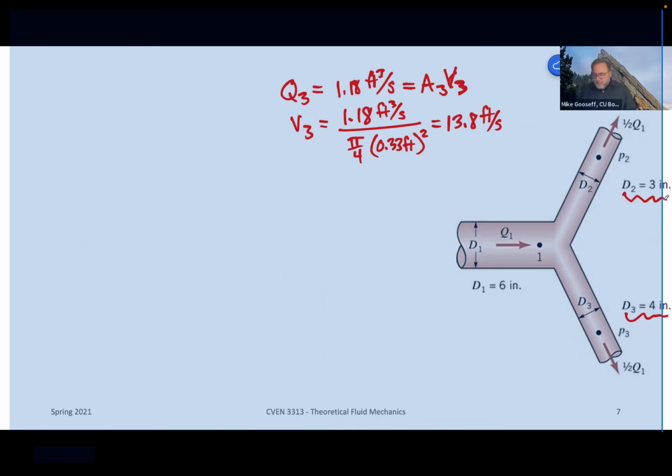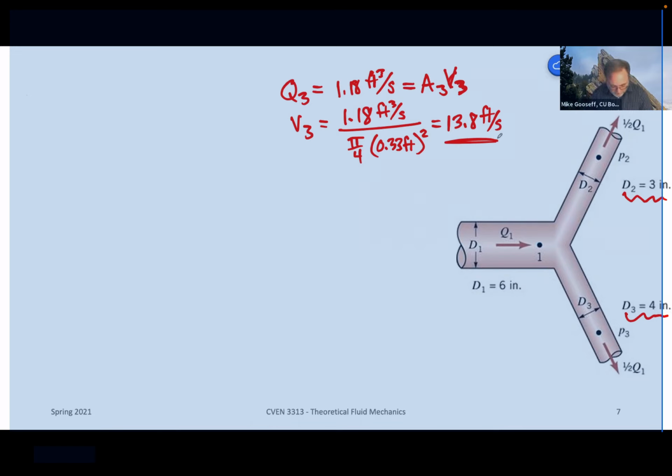And so it makes sense that our velocity comes out lower, right? We have the same flow going into both 2 and 3. So just as a quick gut check, it makes sense that V3 should be a smaller velocity because it has the larger diameter, so the larger area. All right, so now if we go back,